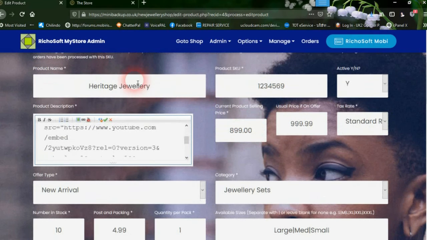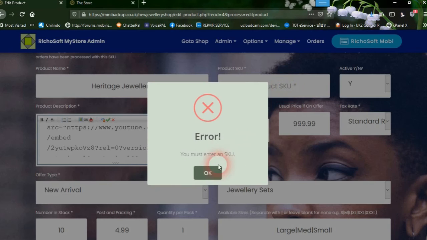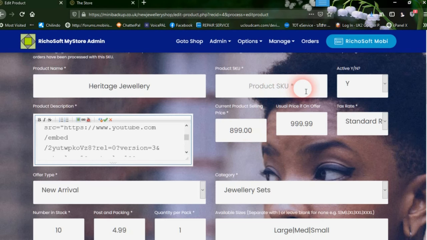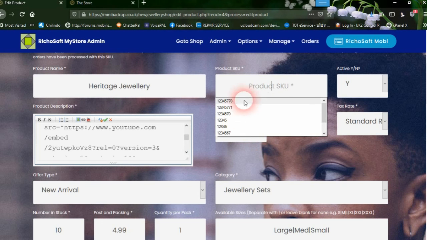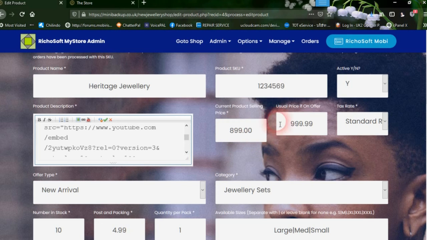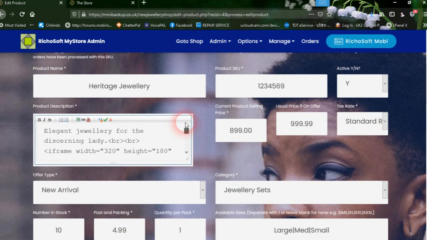So you've got your product name, product SKU. If you try to enter an SKU that already exists, then you will get an SKU that is incorrect message. So if we enter that one, that's okay. Whether it's active or not, then in here is the description of the product,